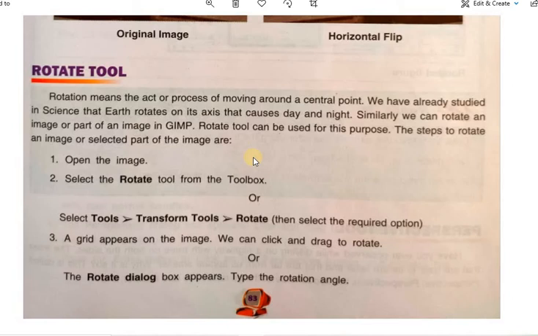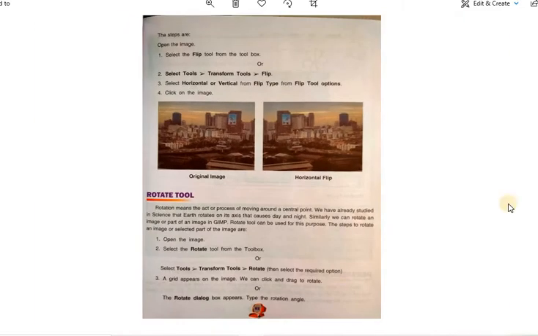Like in mathematics when you create angles, you create the angles from a reference point, from origin, from 0 0, and from that reference you draw a straight line, and from that you set your angle. So in the same way, to use this rotate tool, virtually a center point is created by your software, and with respect to that point, the image is rotated. You can set the angle, and also you can drag and drop to perform this rotation. Let's see how we can do this. This tool is also under the transform tool of the tools menu.